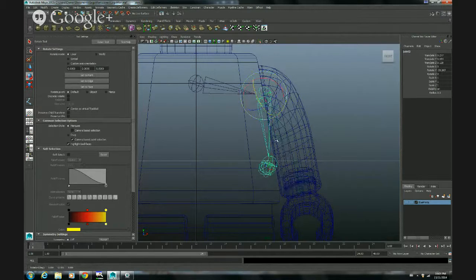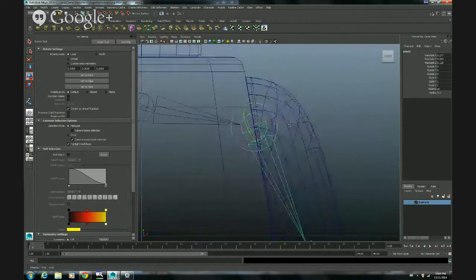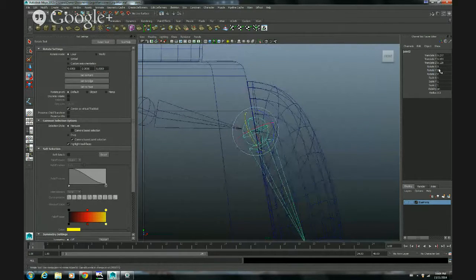If the arm ends up rotating this way, it's going to be terrible because the mesh will clip inside other parts of it. So what I need to do is rotate this bone without changing the rotation values, because these rotation values will be used later on to reset our